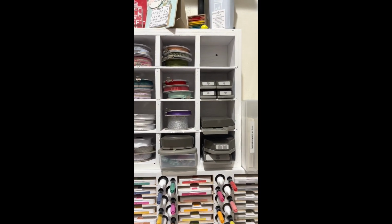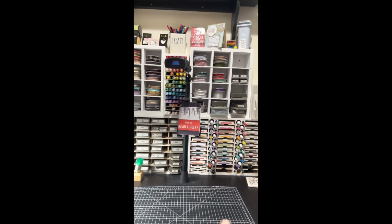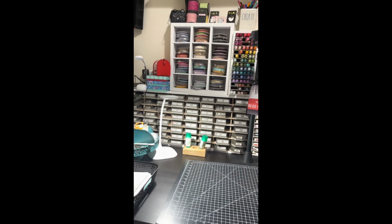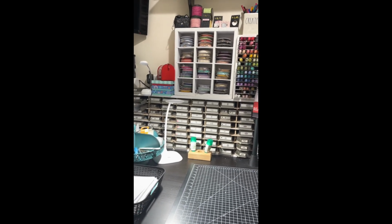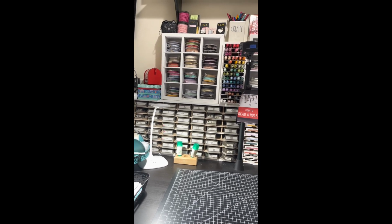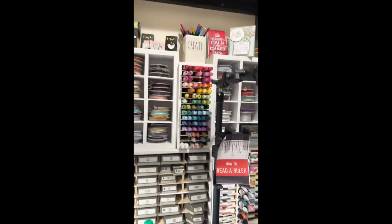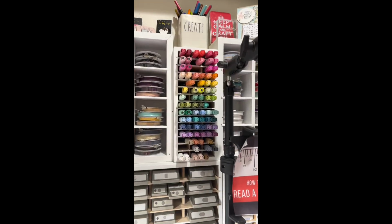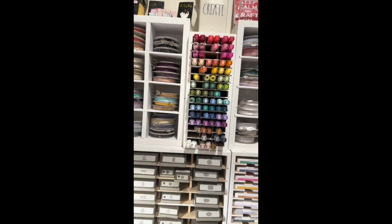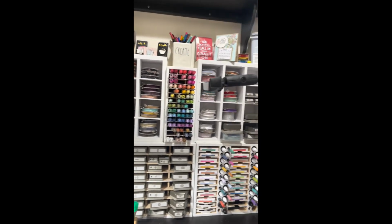All right. The next thing here, I'm going to back up a little bit. Right next to my inks are my punches. This unit that holds the punches is Stampin' Storage. I love it. Also right here behind this camera holder, I'm sorry, I'm just going to move this. Okay, so my blend holder is also Stampin' Storage. And then what I have holding my ribbons,